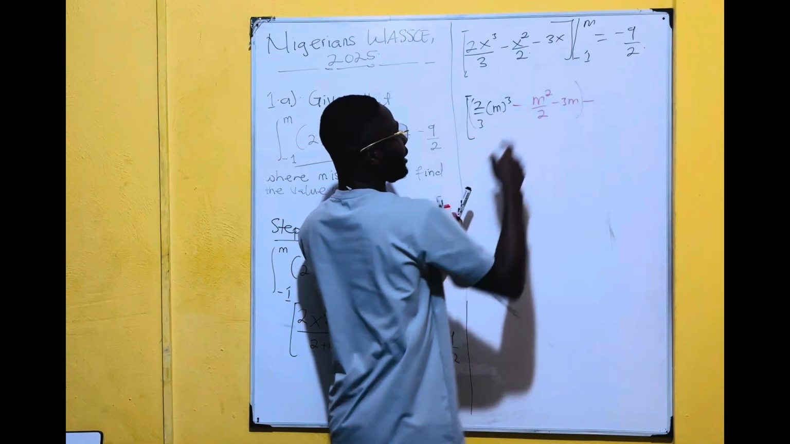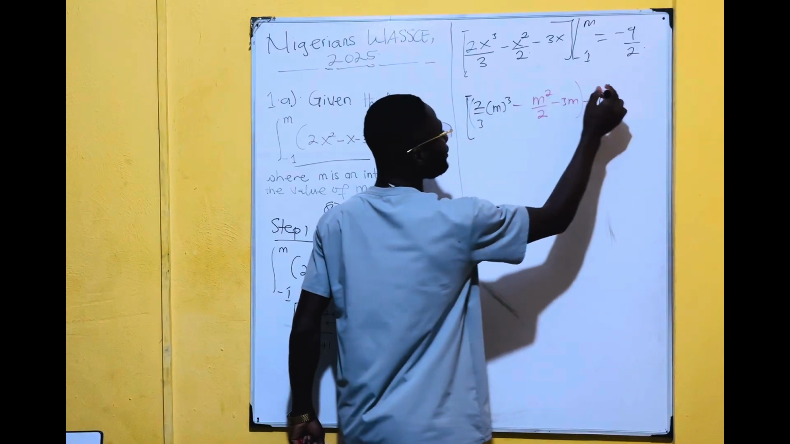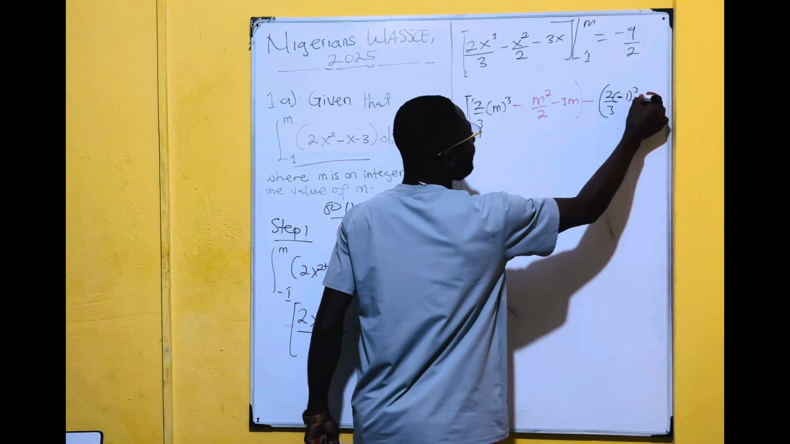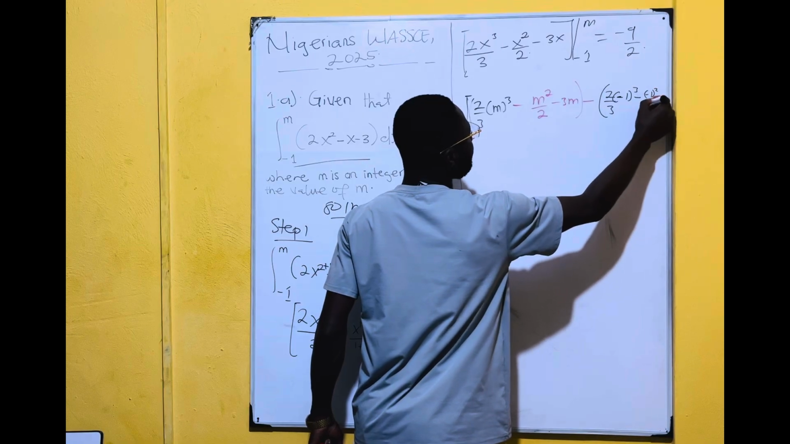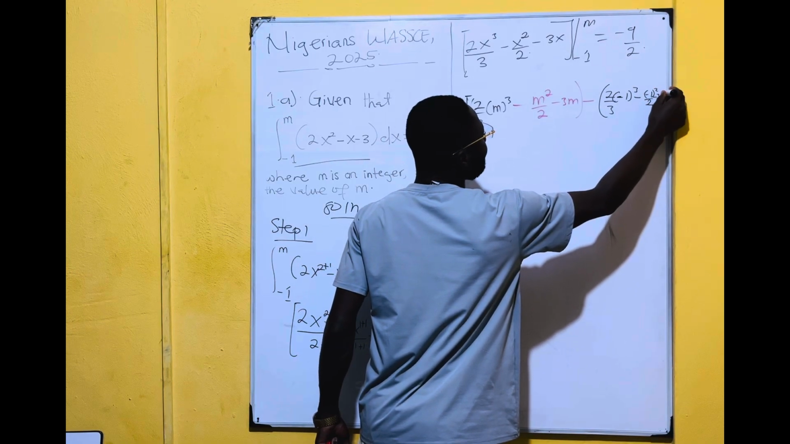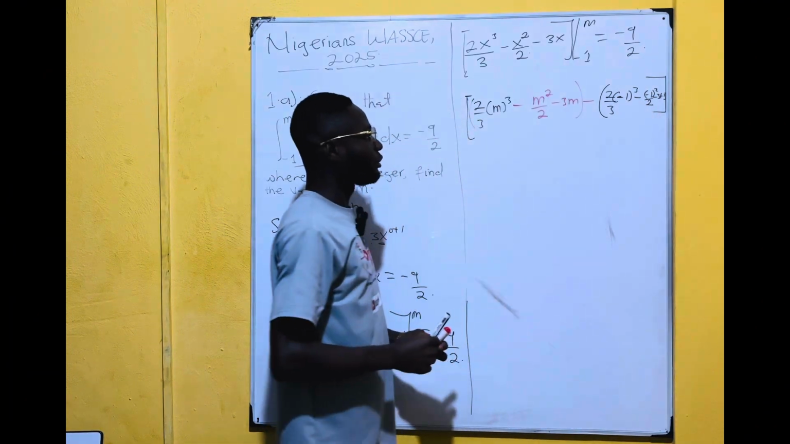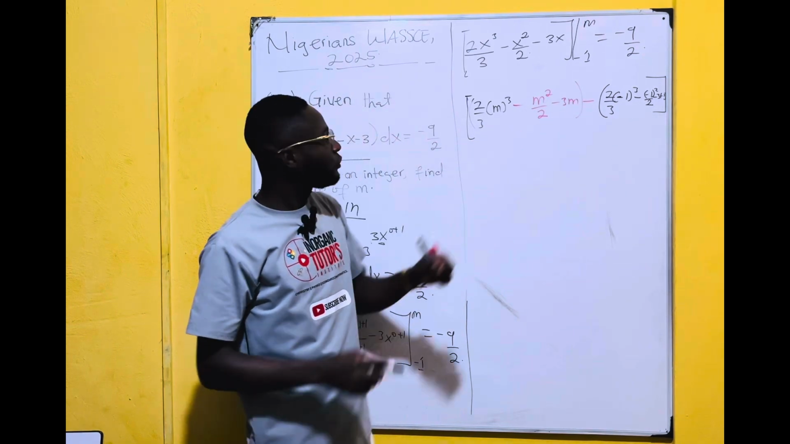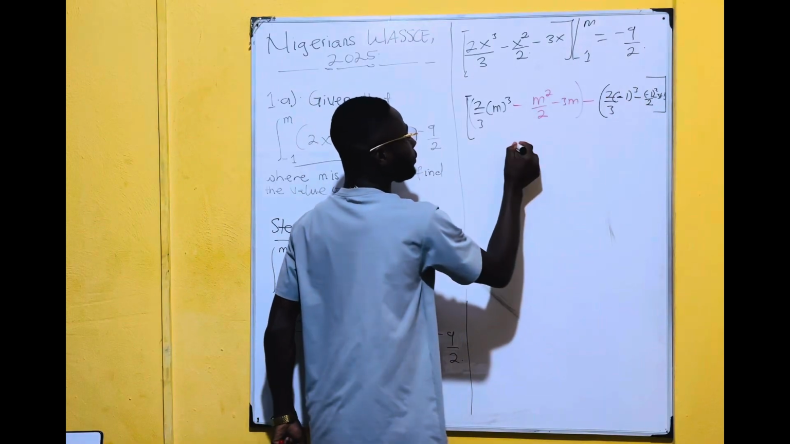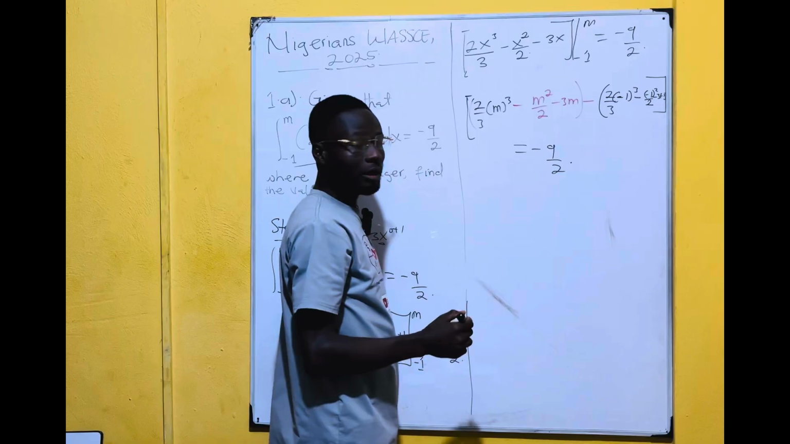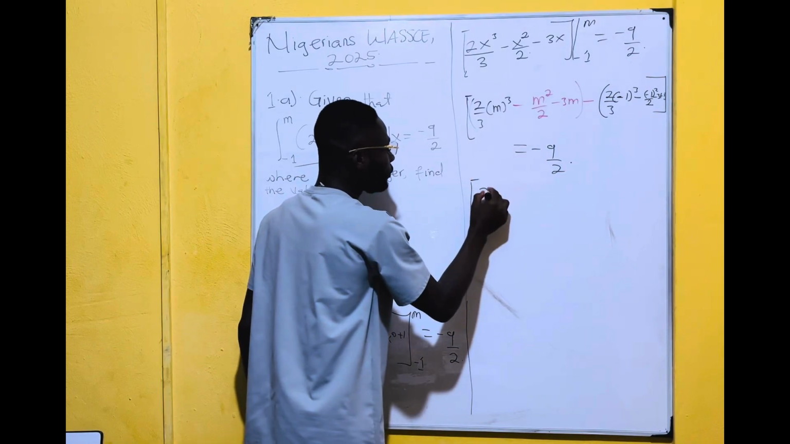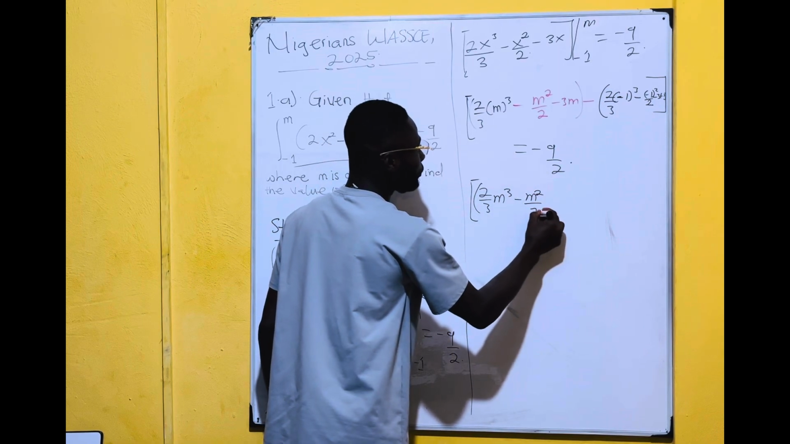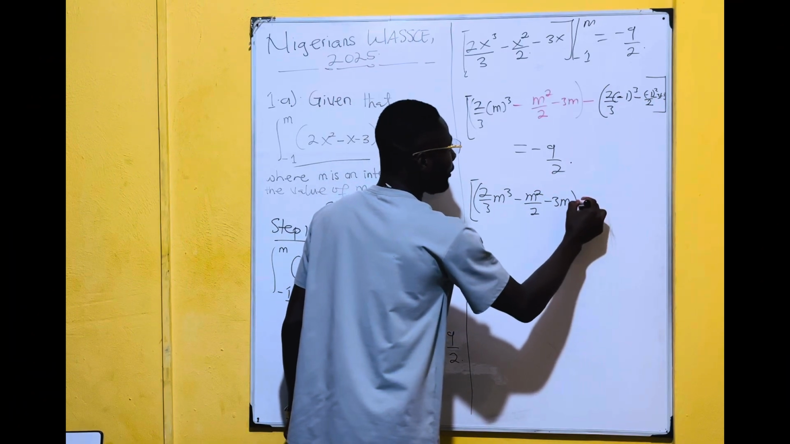Now we come to the lower limit. So minus the lower limit: 2 over 3 times bracket negative 1 exponent 3, minus negative 1 exponent 2 over 2, minus 3 times bracket negative 1. This is what we have. We're going to simplify this, then deduct it from the upper limit expression. Remember, it is equal to negative 9 over 2. So we have 2 over 3 m cubed minus m squared over 2 minus 3m, minus